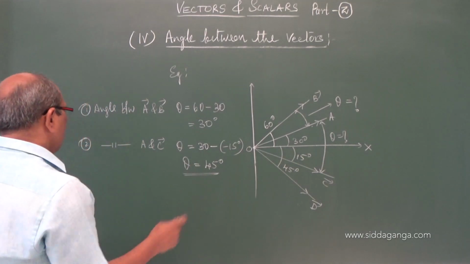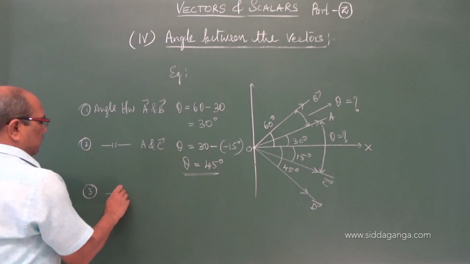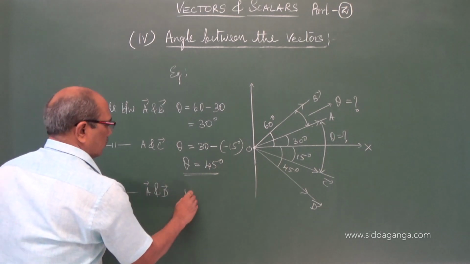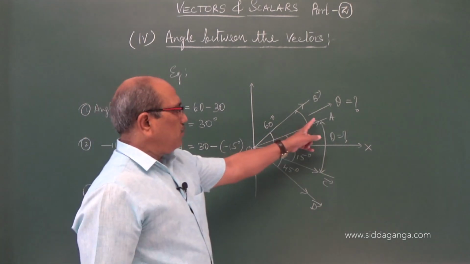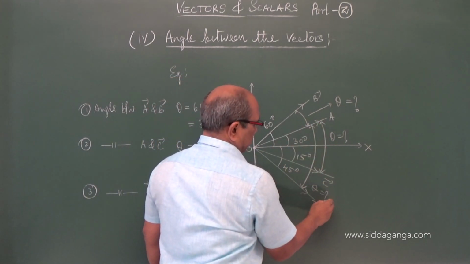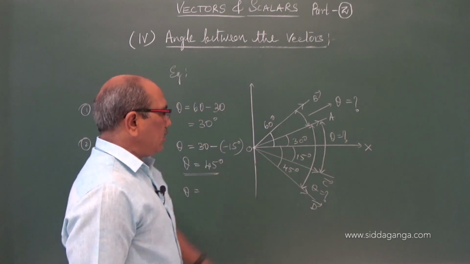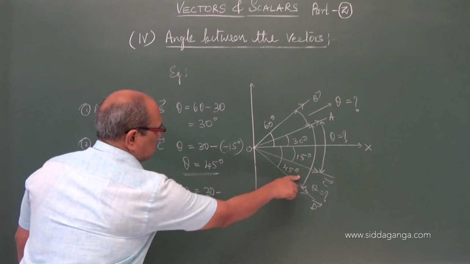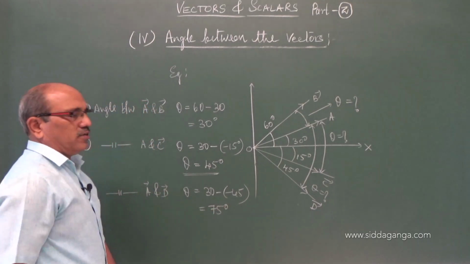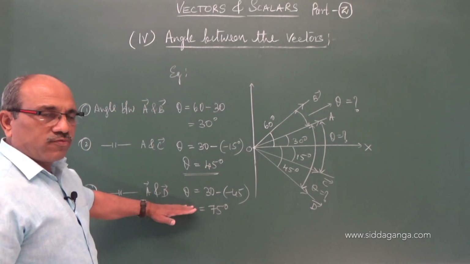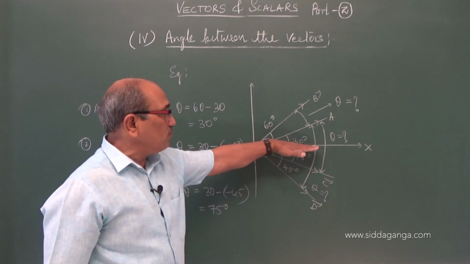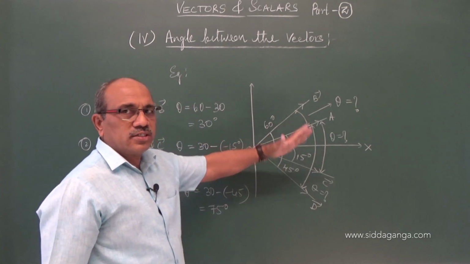Or let us come to another example, the angle between A and D, that means this theta. So angle A is 30 minus of minus 45 degree, that becomes 75 degree. I hope you are following. It is 30. Again we go from here to here, that is minus 45. You are moving in one direction and the opposite direction, so we reverse the sign convention.